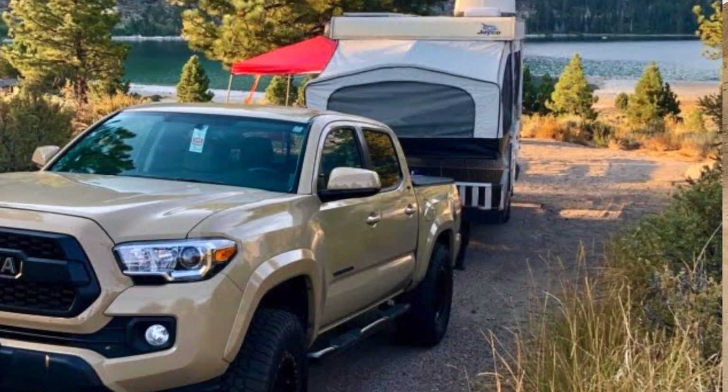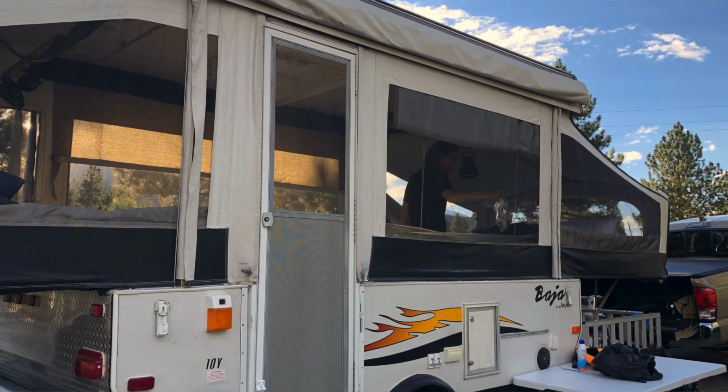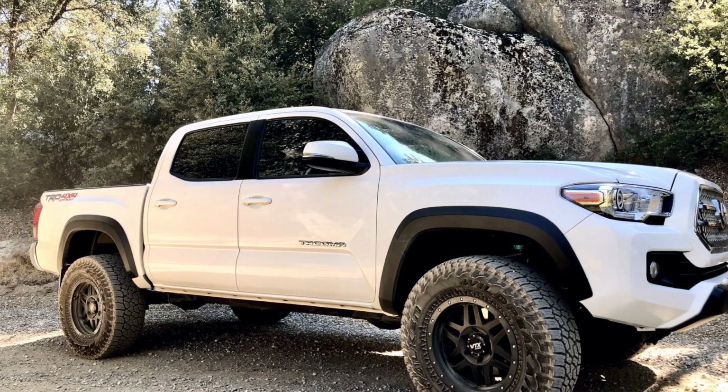So we get a lot of questions about our truck and what you need to start overlanding. As we've mentioned before in other videos, we started out with a two-wheel drive Tacoma just to see if we liked getting out and about. The first time we went out with a pop-up trailer that we pulled behind it. We went up to June Lake, fell in love with it, and coincidentally our lease was up on that truck, so we ended up stepping up to a four-wheel drive model and got what we think is a pretty good deal between selling our two-wheel drive model and getting the four-wheel drive model, and that's when we picked